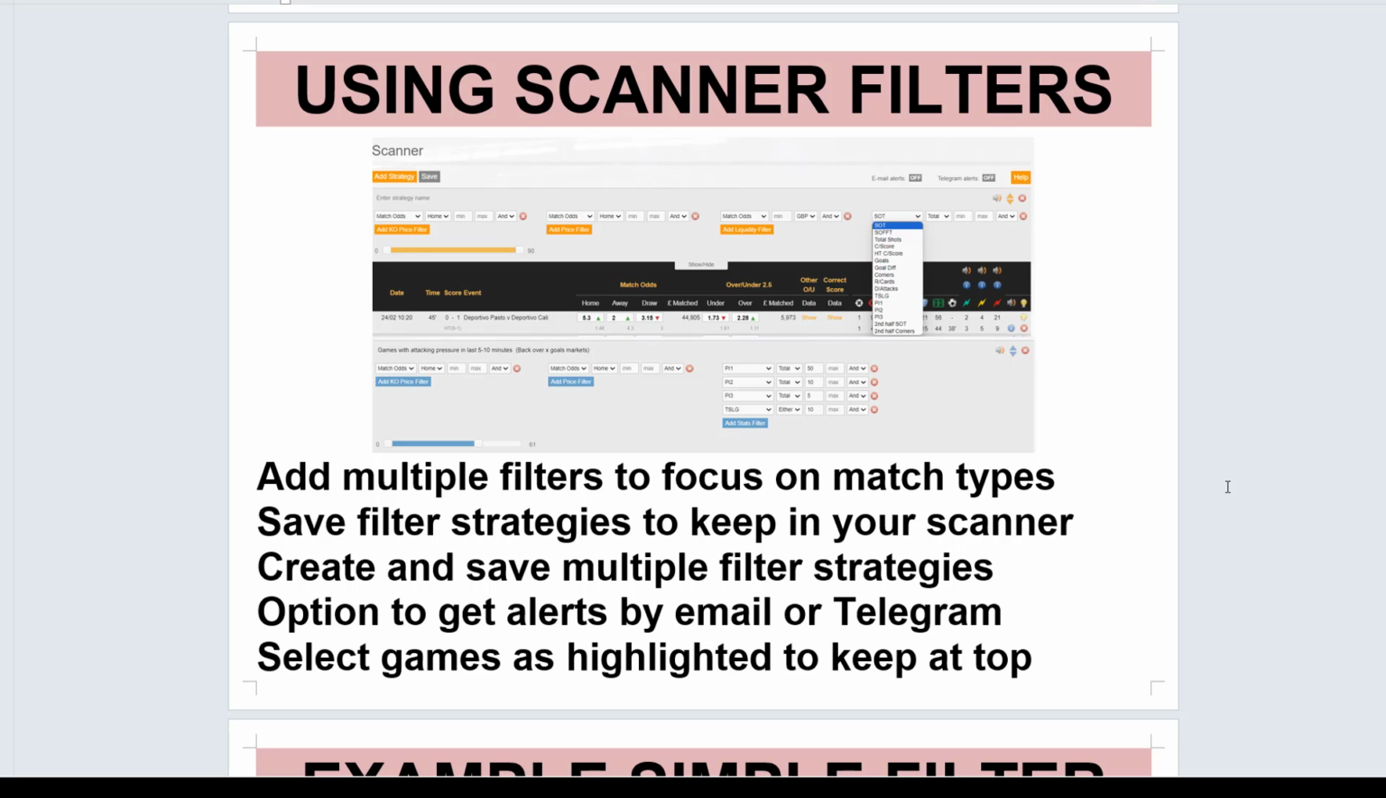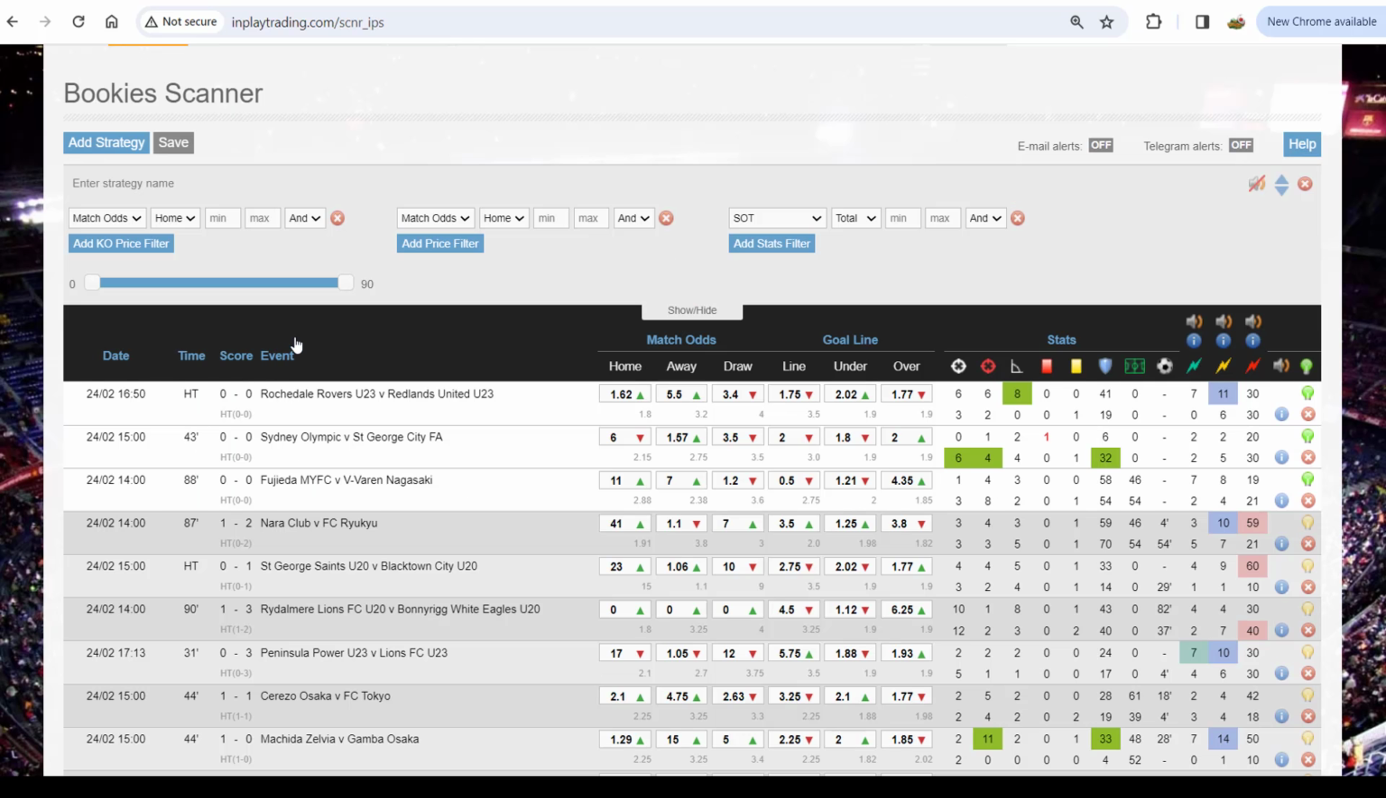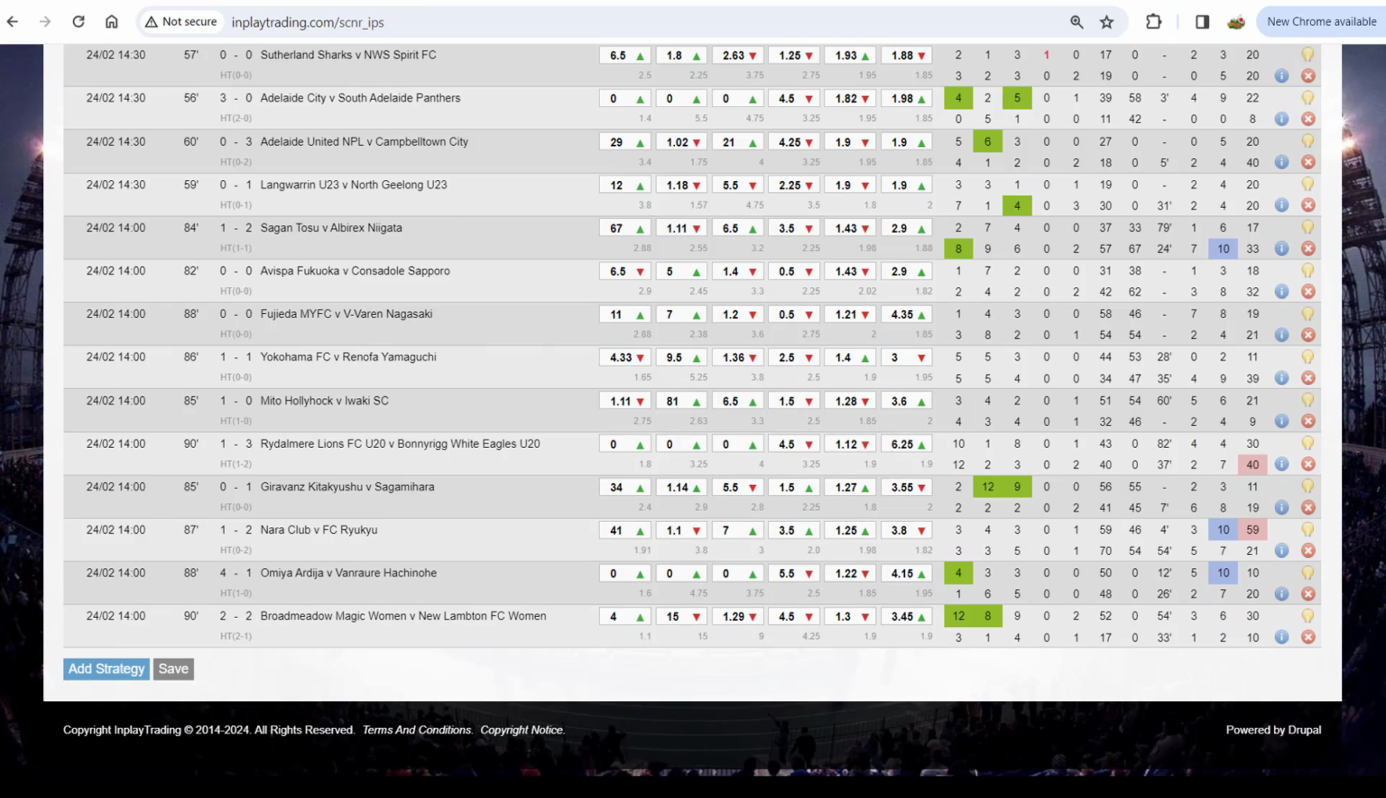You can save filter strategies to keep them in your scanner so they're there when you log in again. You just need to give them a name. And you can create and save multiple filter strategies. And once you have them saved, you also have the option to get them as alerts by email or Telegram. So for example, if I wanted to add a strategy, I would left click on Add Strategy,